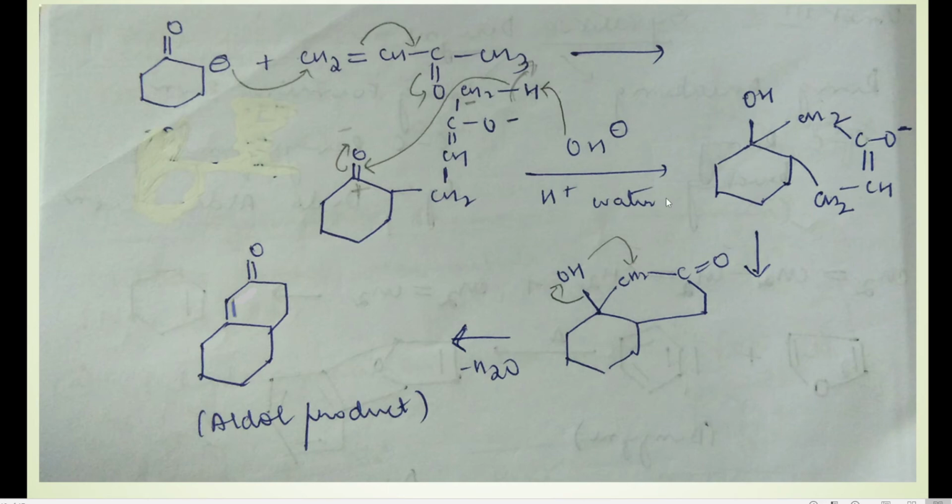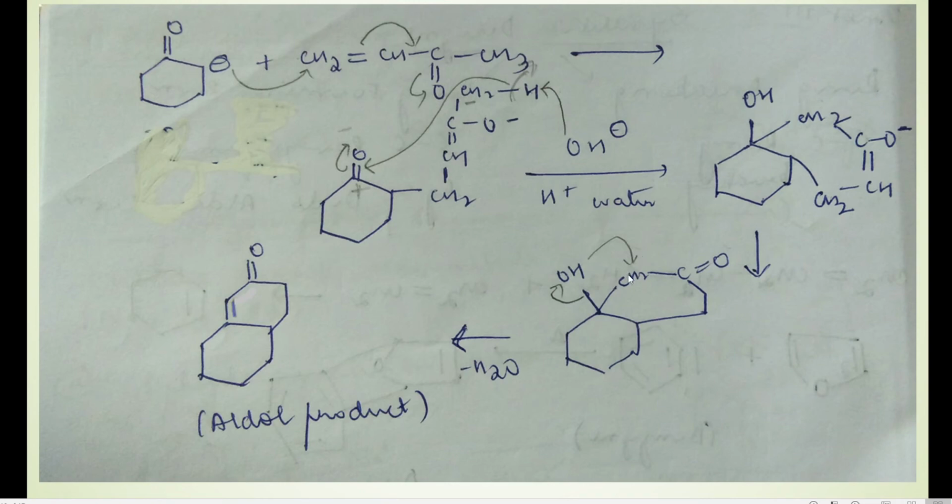Since this carbon is now having a negative charge, it will take H plus from the reaction medium, because there is water in the reaction medium. So once again it will take H plus from the reaction medium and form CH2 once again. Because it has a negative charge, one H plus will come and attach here to give CH2. So we get a structure like this. Here I have not represented it, but it is understood that this is CH2, and here this is one more CH2, then the bond, C double bond O, and this bond CH2.